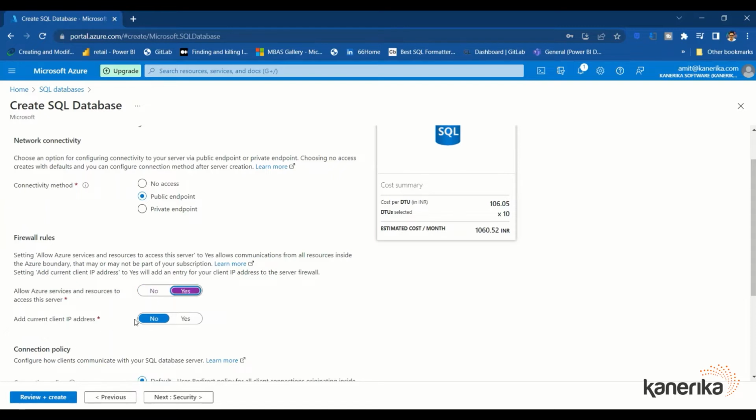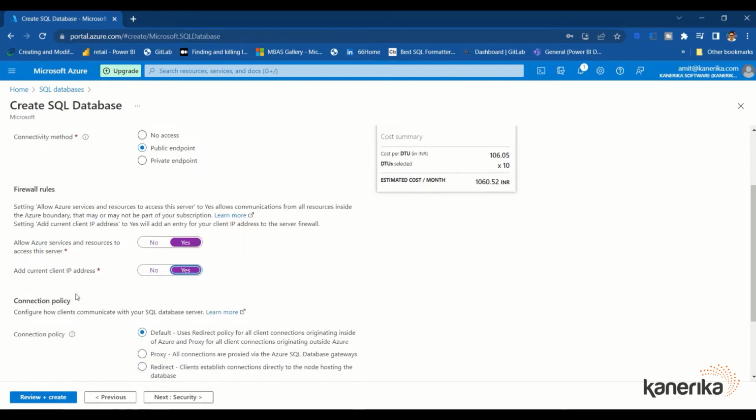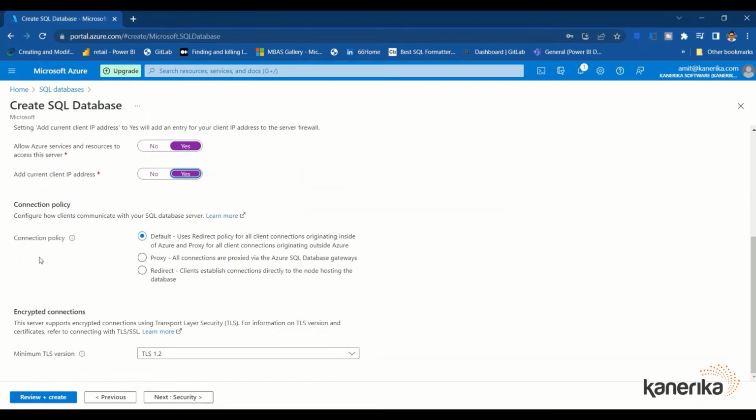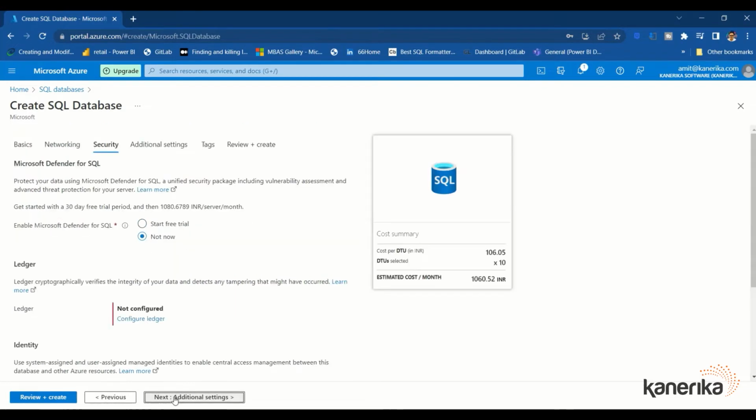Add current client's IP address, I say okay, fine, add it. Okay, allow Azure services and resources to server to communicate, and we say allow Azure services and resources, yes. Current IP address and connection policy default, use redirect policy, proxy, redirect, we say leave it default, and we leave it default also. Next is security,